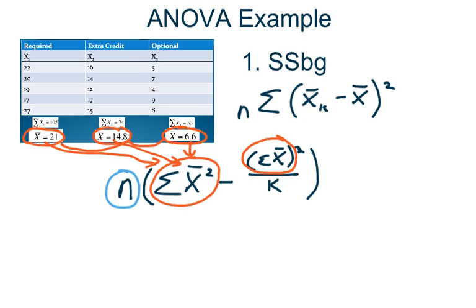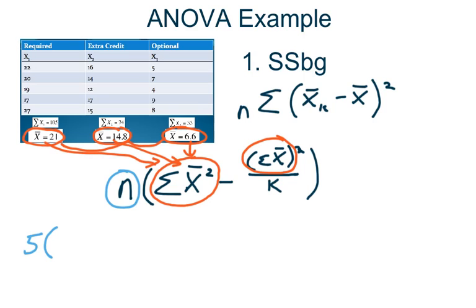And just trust me, we have to do that. We've got to multiply that answer by the number of scores that went into each group, the number of observations in each group. So completing the calculation, we had 5 was our n, and we're going to multiply that by,